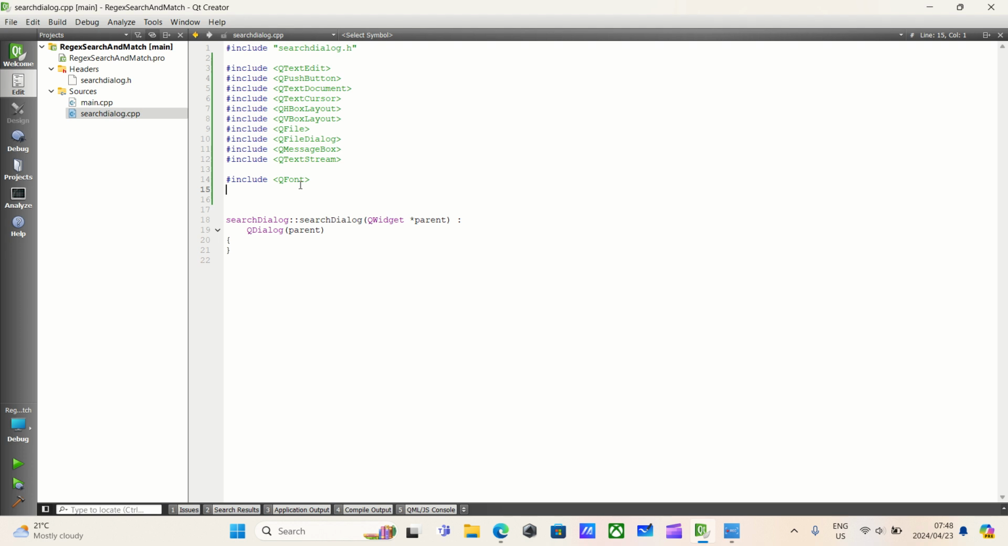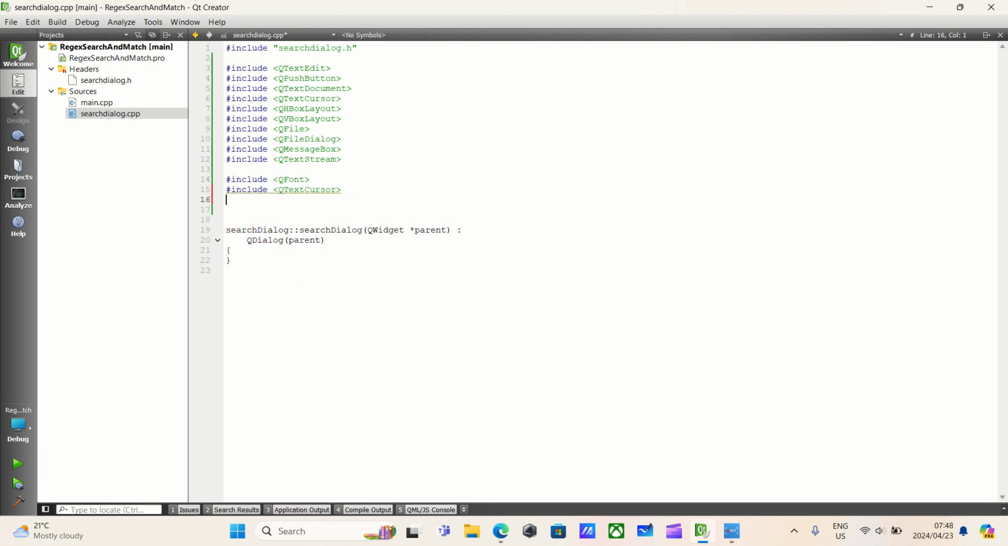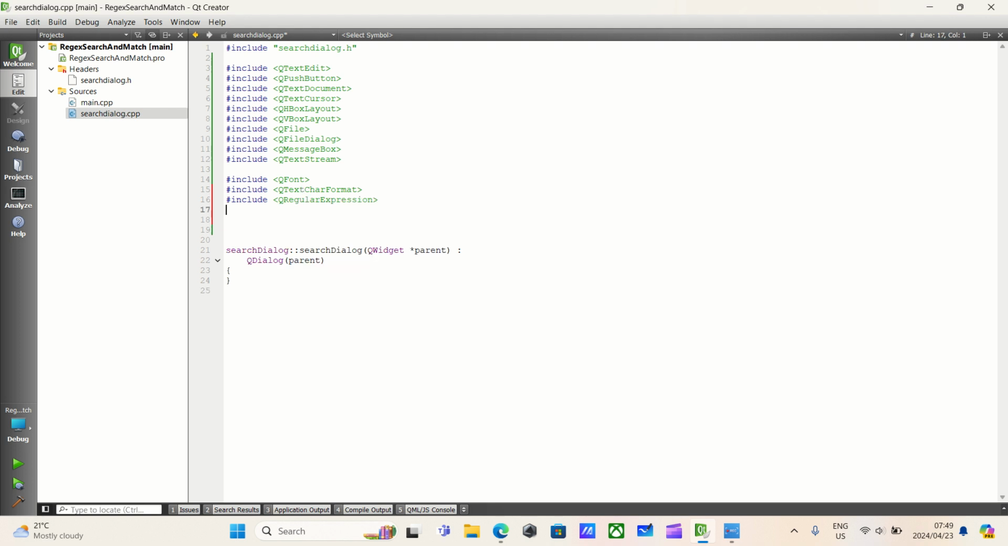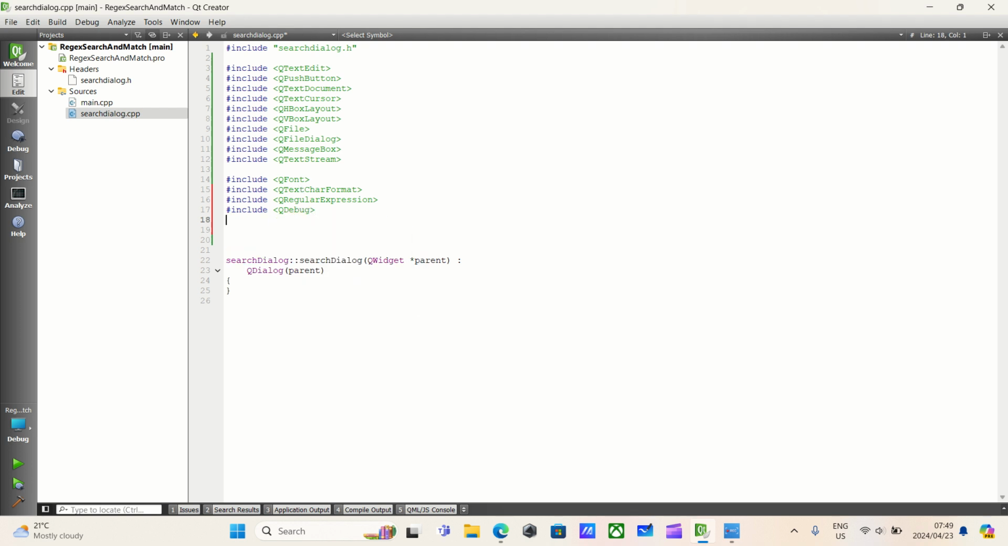QFont. Let's do QTextCursor. Right, and I think I did my text cursor above. Yeah, I did. Okay, this is redundant then. Let's do QTextCharFormat. Regular expressions, aptly named QRegularExpression, and finally QDebug. Okay, we have all our necessary includes,